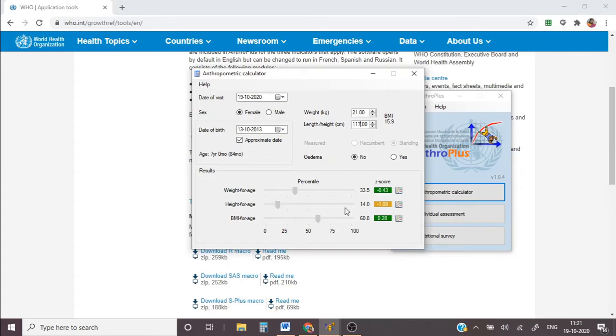But if you get a black line, there's some problem with the data that was fed in. They are beyond -3 SD and +3 SD, and therefore you might have to reconsider that data, and the available data is not fed in the WHO software. You can also find growth charts here.